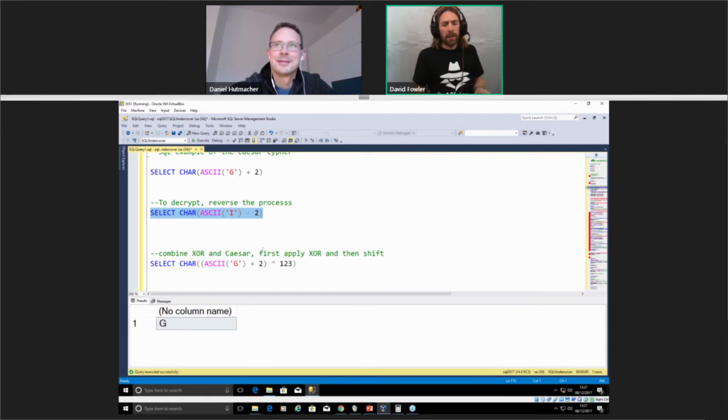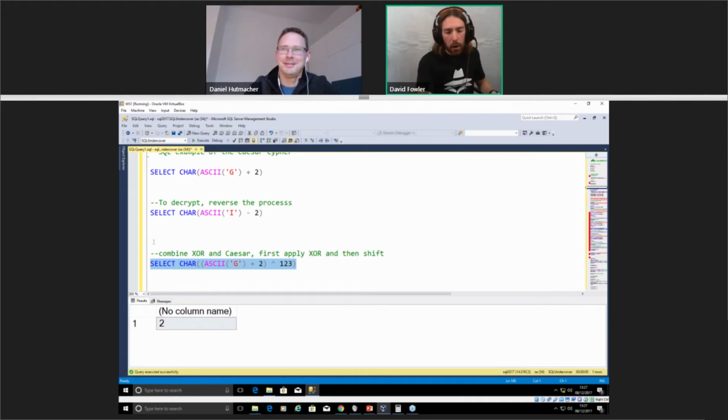So how do we combine the Caesar cipher and the XOR cipher? Well, quite simple. We'll first perform a Caesar cipher. That will give us some encrypted ASCII code. We'll then apply a bitwise XOR to that with some key value. Doing that on a G will give us the character 2. Now, obviously, if we change the shift, our ciphertext will change. If we change the key, our ciphertext will change.